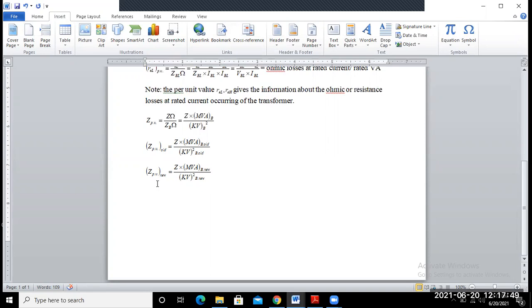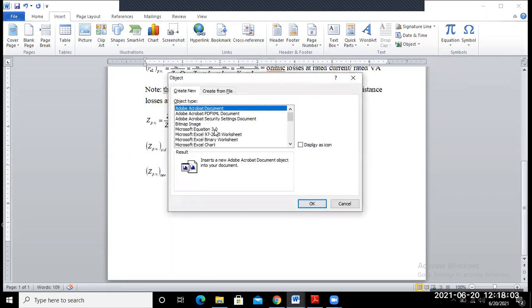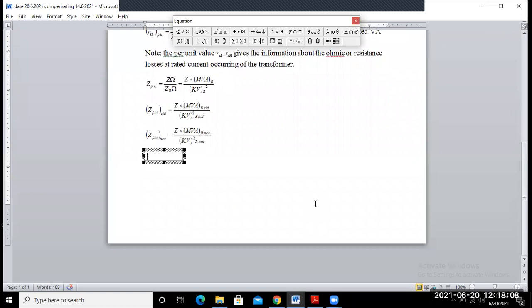If you divide this equation by this equation, then we can write Z per unit new divided by Z per unit old equal to